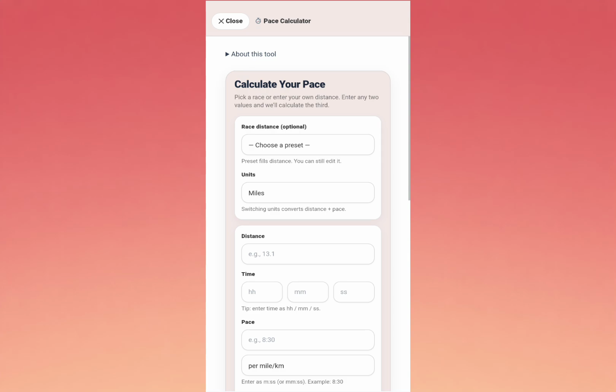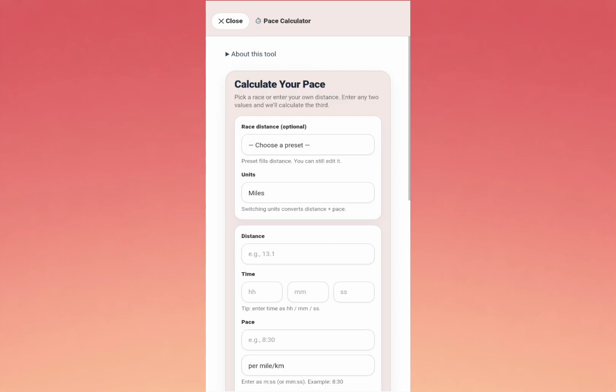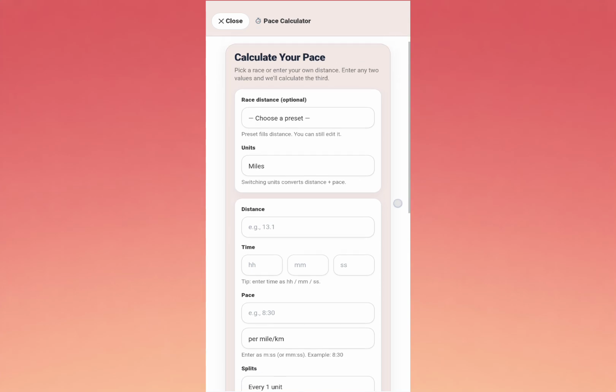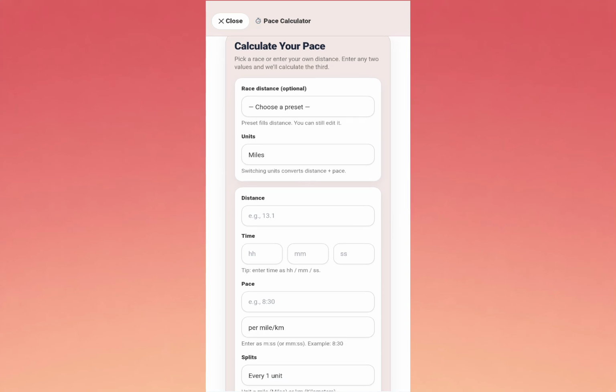We do have these drop downs on the top of every tool page that let you know a little bit of information about the tool, as well as a little intro at the top of the tool, just so you know how to use it. But everything is really straightforward and it's really easy, whether you've used a pace calculator before or it's your first time. So the first thing that you can do is you can go in and select a preset